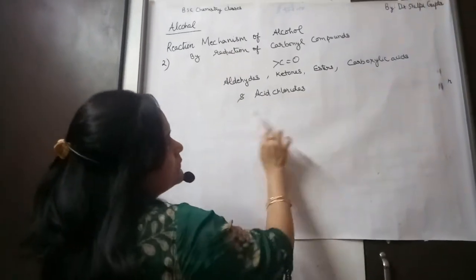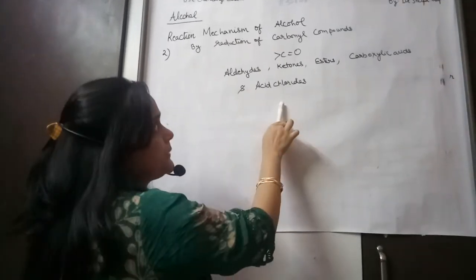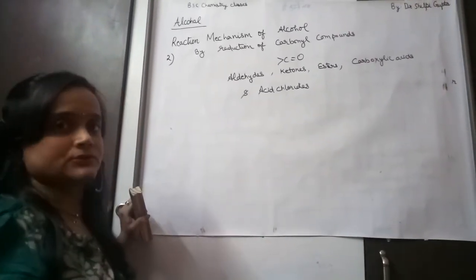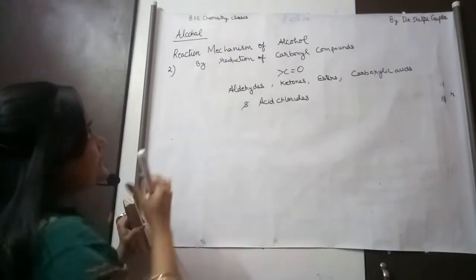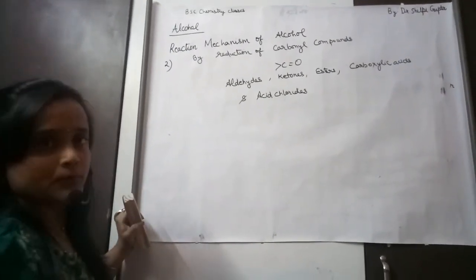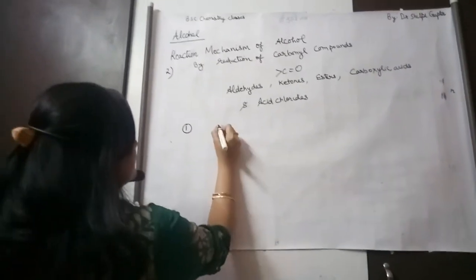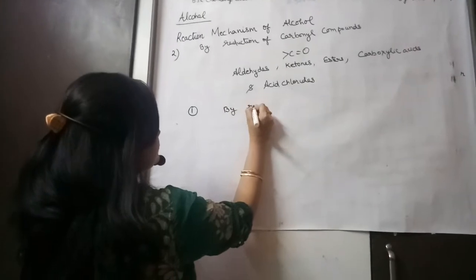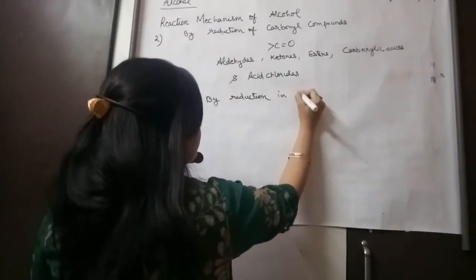When we do carbonyl reduction, what will happen? The chemical reactions of the carbonyl compounds in presence of the reducing agents. And carbonyl compounds is clear. Now there are two ways in which we do the reduction of carbonyl compounds. What are the two ways? It depends on the reducing agent. When we do the reduction in presence of